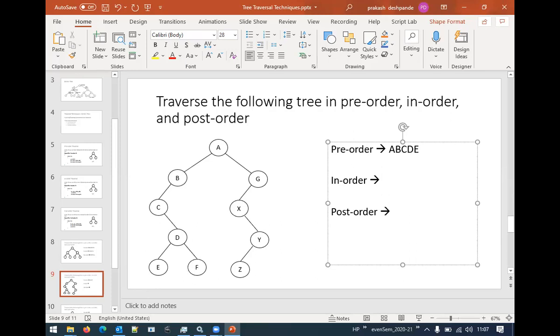Now if you look at C's left, nothing was there. C is read. All these three are now read completely. Means this C is taken care of. What actually C is? Left of B. Correct? So left of B is taken care of. Now we need to go to right of B. So in the right of B, we have anything? No. That means we will come one level above, that is to A.